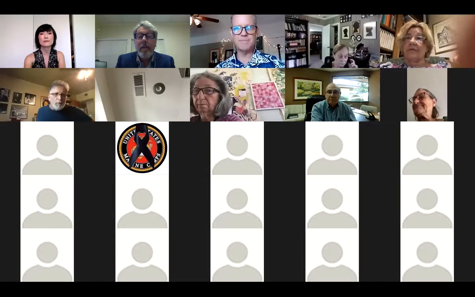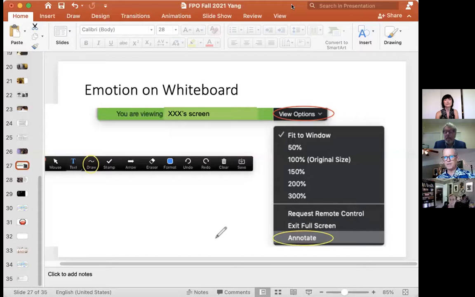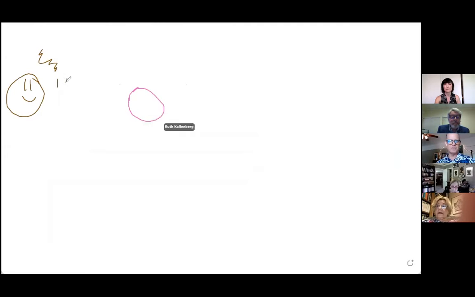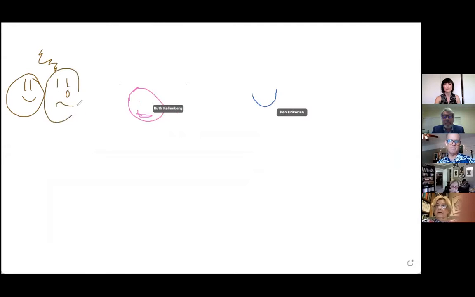My students absolutely love this feature. So see if you can do that. It's going to say you are viewing whoever's screen it is. And then you can choose that draw tool I showed you. And if that piece you heard just then made you really happy, you can show that. Ruth is doing it. Or if it's a moment of contemplation, maybe it makes you a little bit sad or reflective, or you can type in an emotion.